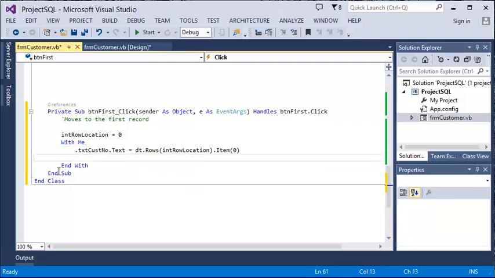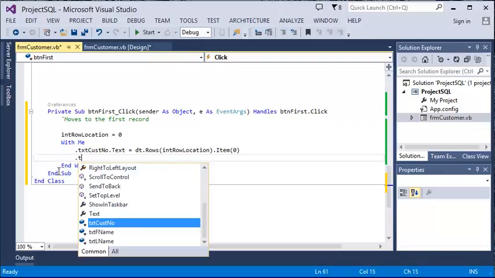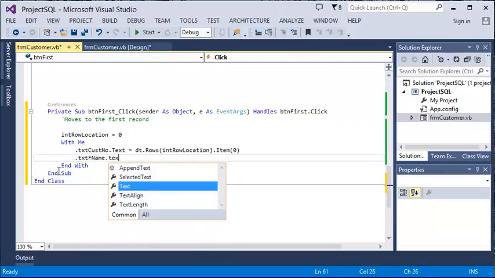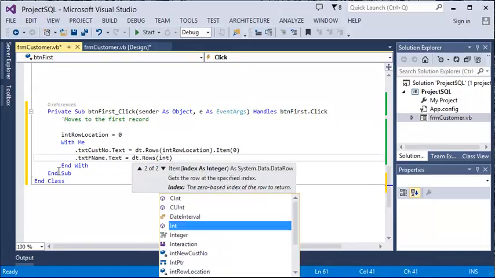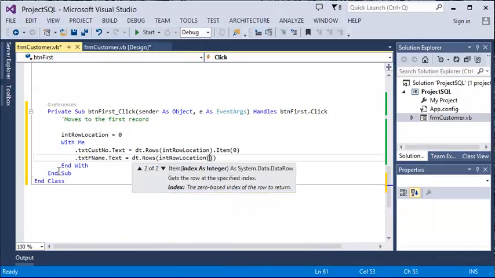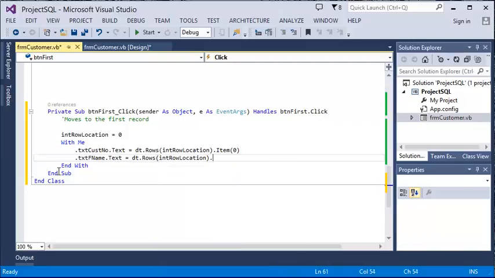So that will take us to the first record for the customer number, and then we'll do the same thing for the first name. So .txt first name .text equals dt.rows(int row location).item